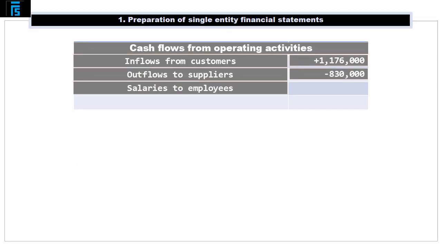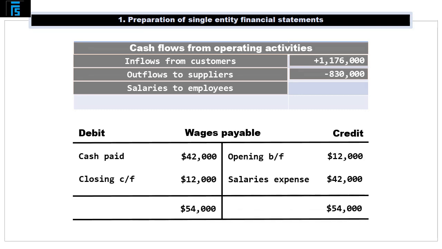Applying similar logic to the computation of the cash paid to employees, we take the €42,000 of salary expense as included in the derivation of net income and adjust it for any changes in wages payable. Given the fact that this line remained at a stable €12,000, we conclude that the correct figure to report in the statement of cash flows is an outflow of €42,000, which, when combined with the remaining two entries already made, generates a total net cash inflow from operations which is equal to